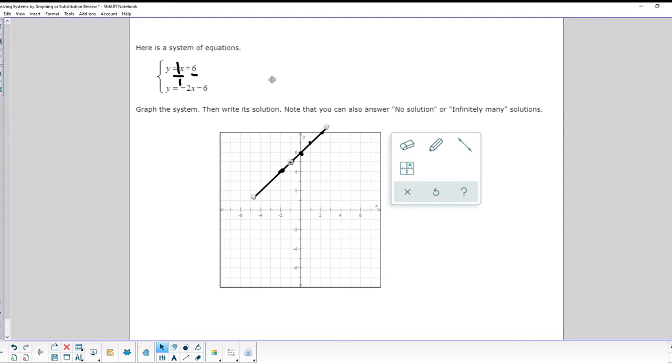So now I go to the second equation and I graph it. So I grab me a marker and I go down to -6 on the y-axis because that's where the y-intercept is. And then the slope on this one is down 2 over 1. But I'm running out of room, so I'm going to go up 2, back 1, repeating up 2, back 1. So right there is where I'm hitting. So I'm going to grab another line tool and bring that down through there,